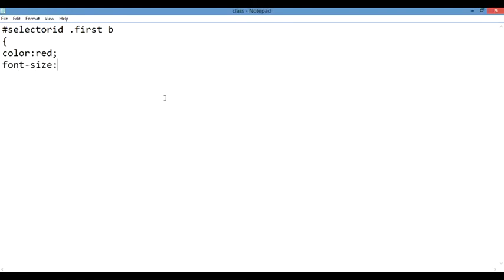B is another element. When we are talking about the B element, it is basically used for bold. I have given the color, font size, and background. That is based upon whatever need you want to give in that particular thing. So I have given all these things in the CSS document.